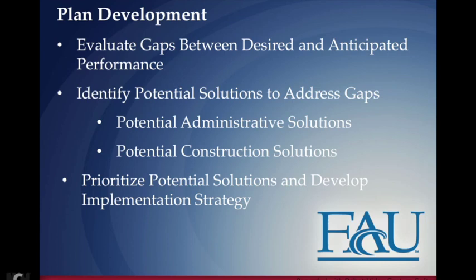planners need to evaluate gaps between desired and anticipated performance. They need to identify potential solutions to address gaps. That includes potential administrative solutions and potential construction solutions. And planners need to prioritize potential solutions and develop implementation strategy. This is really the outline for the chapter on plan development. So be sure to go in there and read all the details underneath this. The readings this week is actually pretty small. There's not a lot of pages for you to read. So I really encourage you and expect that you go and read a lot of the details under each one